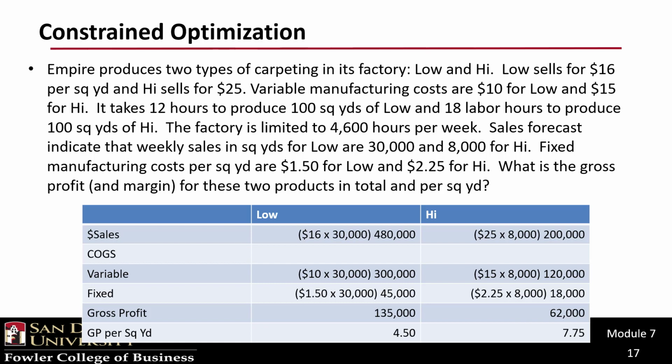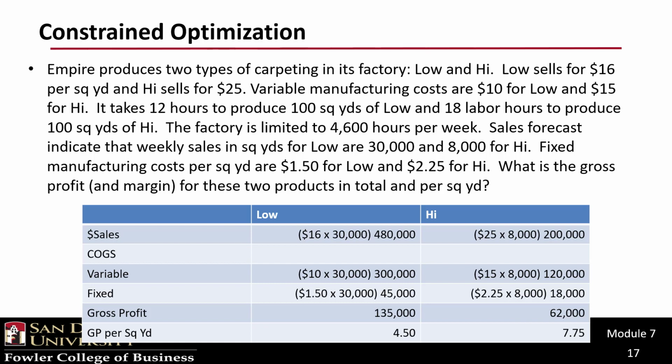Okay, so if we think about what our gross profit and our gross profit per square yard is for low, we're going to sell 30,000 times the $16 selling price. So we're going to generate 480,000 of sales. Our variable costs are $10 a unit times the same 30,000 units. And our fixed costs are $1.50 per unit, or 45,000. So our gross profit is the 480 minus the 300 minus the 45, or 135,000. If we divide that by the 30,000 square yards, that's